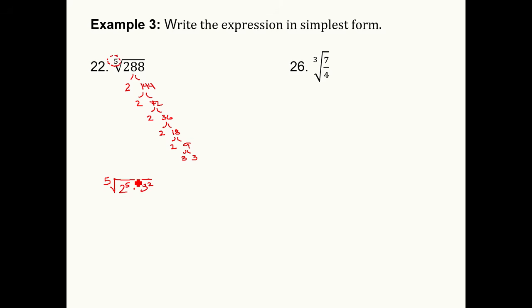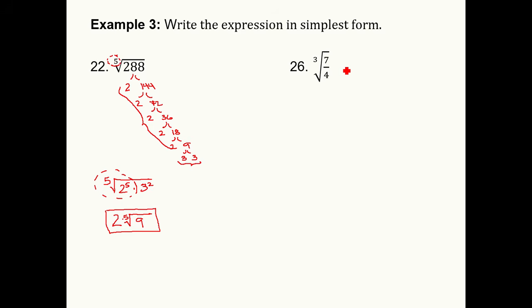So what I've created in this situation through this factor tree, we've got this grouping of 5 2's multiplied together, and then that's being multiplied by these 2 3's, and that's creating that 288 underneath. I can simplify this part of the radical because I have a fifth power underneath a fifth root, so it's a regular 2. That root cancels out that power, and that's times the fifth root, it's still a fifth root, of 3 squared, 9. There is our simplified radical. We had hidden within that 288 a perfect fifth power underneath a fifth root. That's what it means by simplifying.